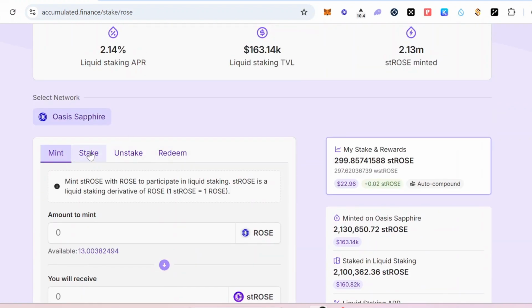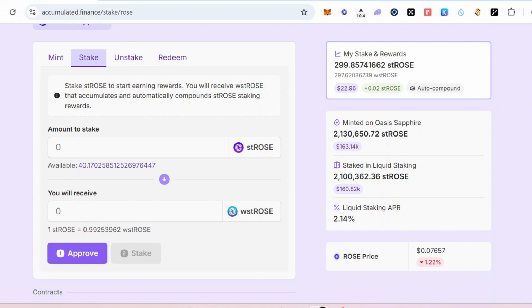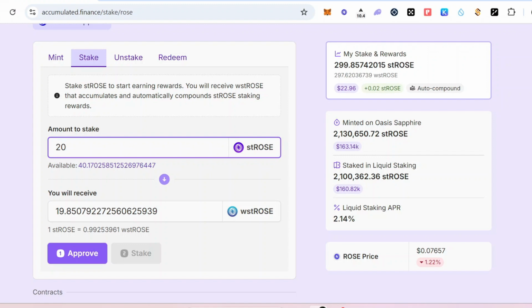Now after we mint, the next thing to do is to click on the stake button. The stake button allows you to stake your liquid ROSE so you can get the wrapped stROSE, and from here you can start accumulating rewards. Remember, the APR for staking your ROSE at the moment is as high as 7.86%. That's as good as it can get. So I go ahead and, for demonstration purposes, I input 20 stROSE,